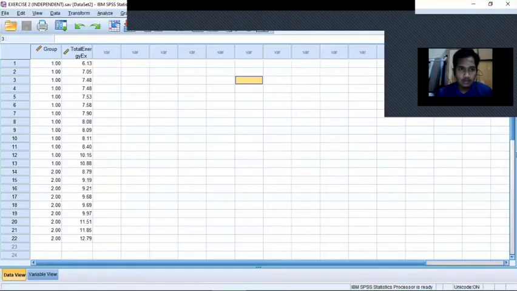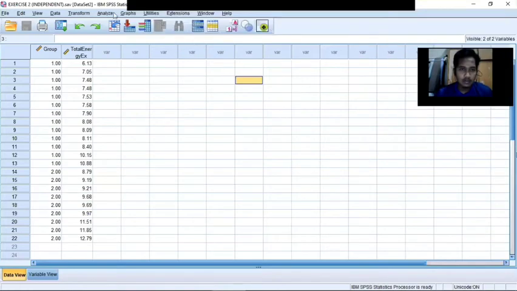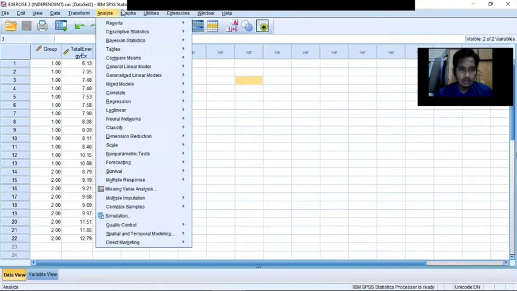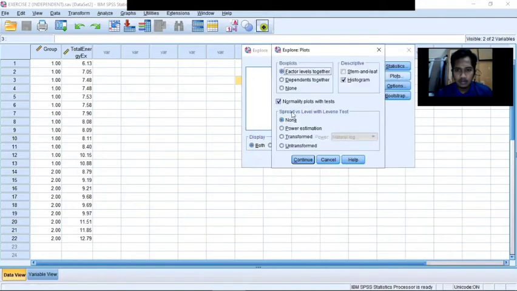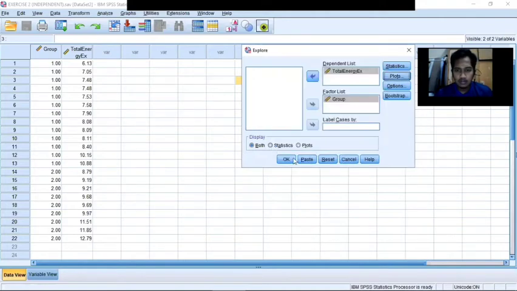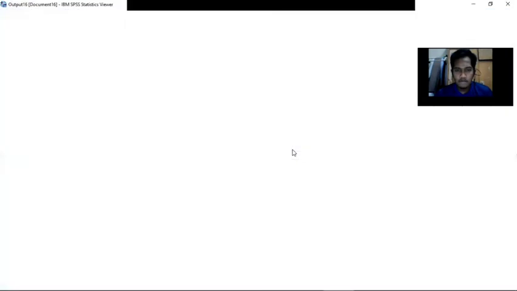Okay, for the second exercise, same setting: analyze, descriptive, explore. We plot one by one group into the factor list, total energy expenditure into the dependent list, plots, normality, continue, and then click OK.